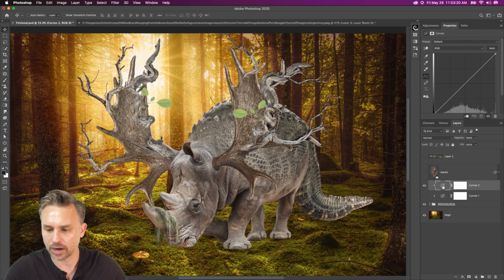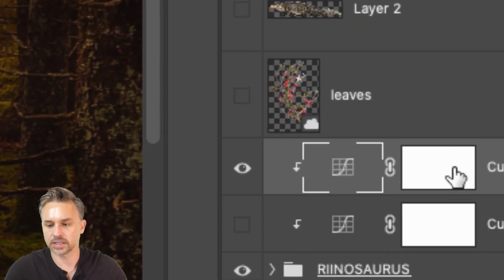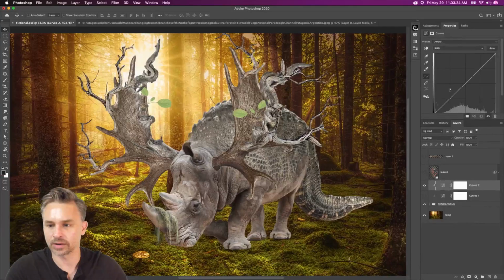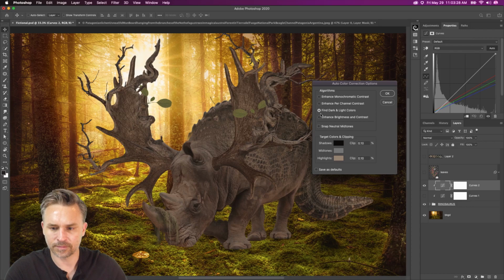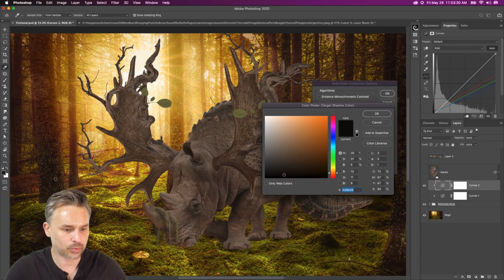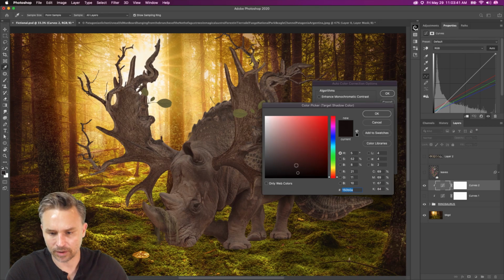I need to make sure I'm on this curves layer, not the layer mask. So click right there, otherwise your sampling is not going to work out okay. So click right there, find dark and light colors. For the shadows, we're going to click shadow like so, right? And we can tweak this any way we want, but it's not going to be pure black, right? It'll be close, but it's not going to be pure black. That looks awfully dark still,